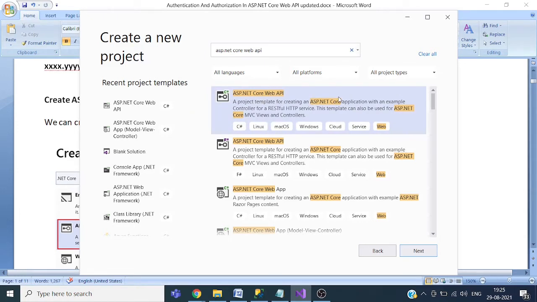I have installed .NET 5, so the screens will be different for you if you are using an older version of .NET Core like 3.1. So ASP.NET Core Web API, click next.